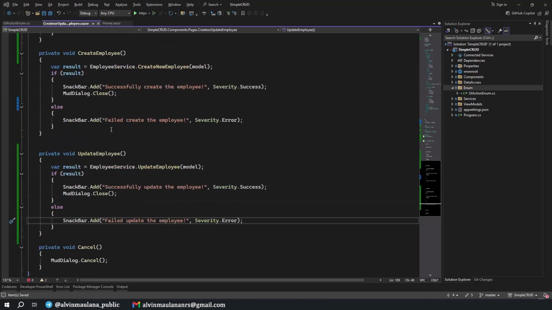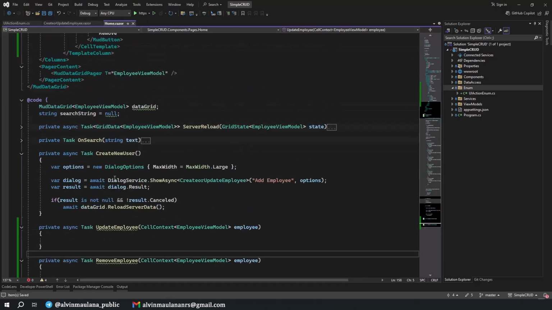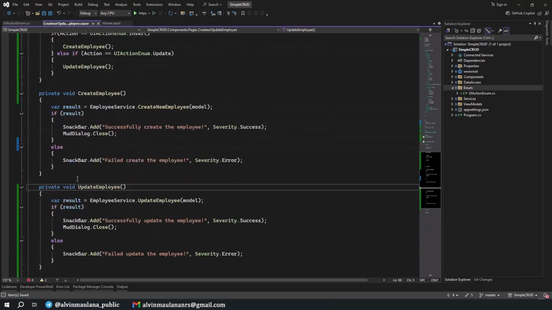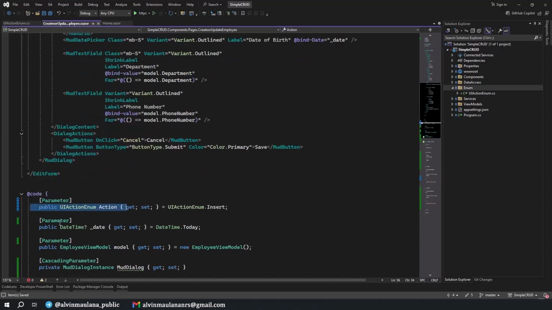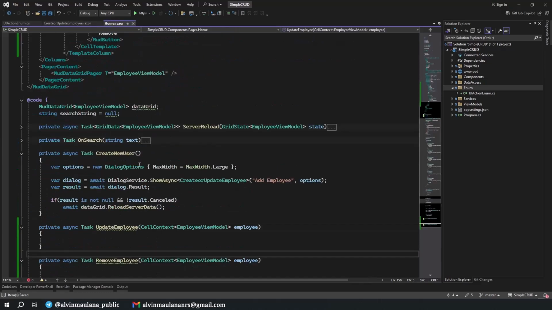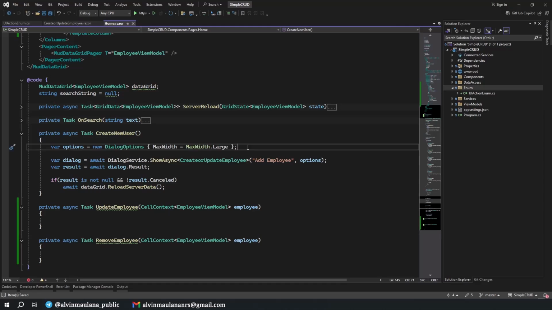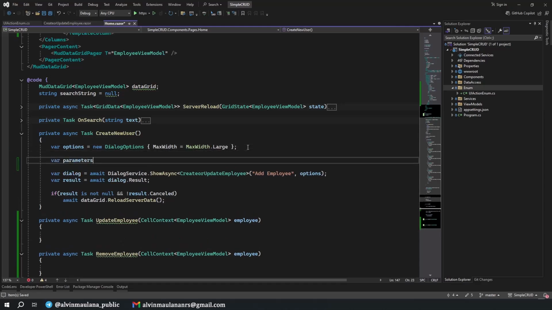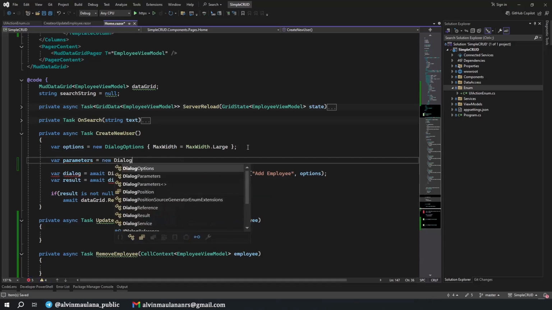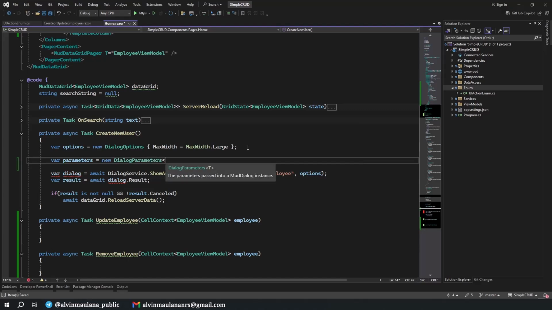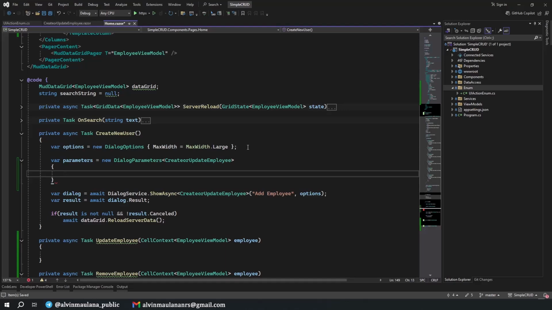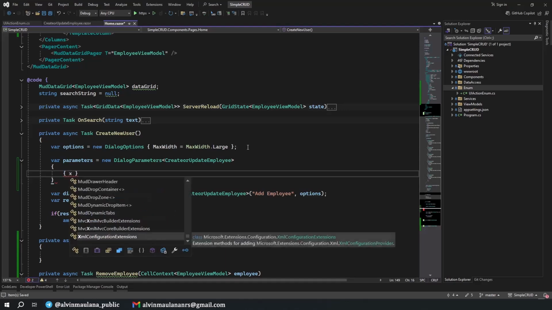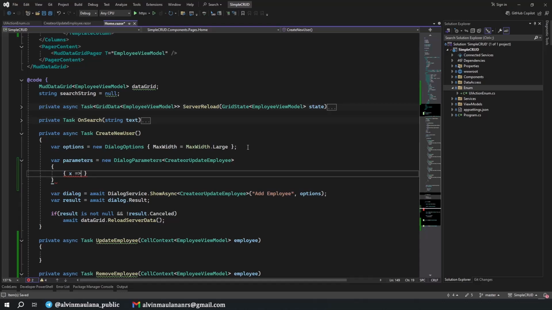And then there is a thing we need to modify on our create new user, because previously we did not have this action parameter, so we need to define it also on here. For parameters, new dialog parameters, this is for create or update employee. So we'll have an array of, what is it, X action.